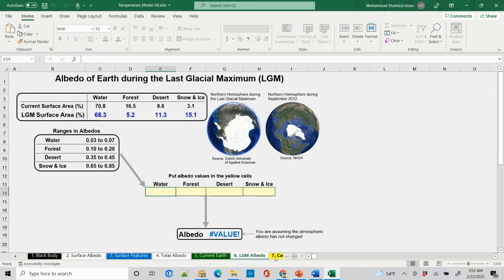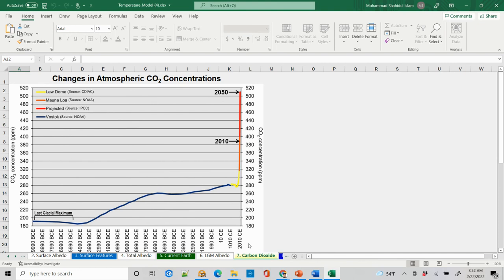There is 6, then it will tell you to go to 7, carbon dioxide. So there is a carbon dioxide chart. So the concentration is there in terms of ppm, and the number is also there, and this is the time. So there you need to know 3 points here. So 1 point is the carbon dioxide concentration during the LGM, last glacial maximum, because you need that information. So for LGM in here, you can see the carbon dioxide concentration was really low, below 200,